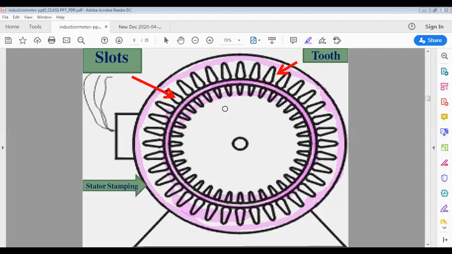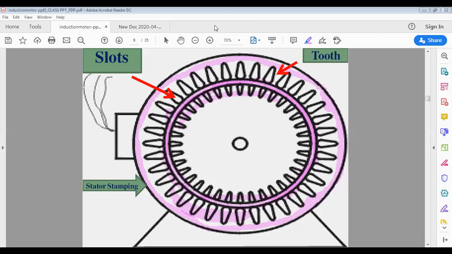Clear? Okay, means physically you can't see the poles, but once you pass current through the coils, alternate north and south poles will get produced. So windings are wound on the stator for a fixed number of poles. Clear to all of you, stator construction? Okay, so the stator core is made up of silicon steel to reduce hysteresis loss. It is laminated construction to reduce eddy current loss.